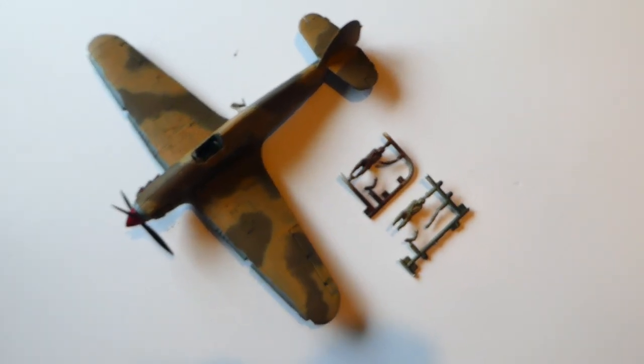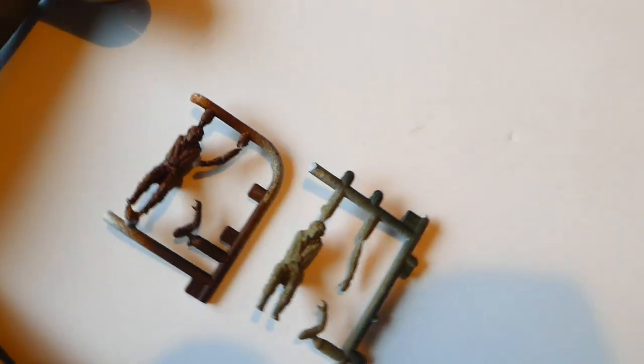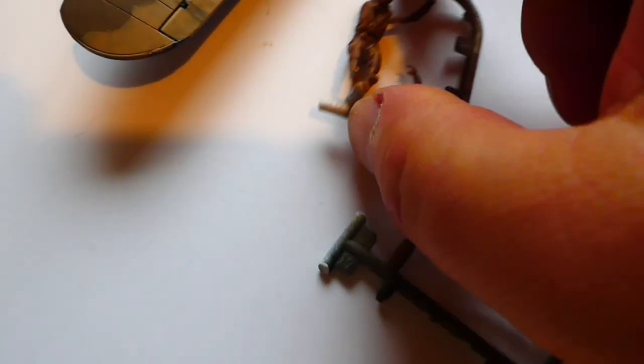Now things are coming together. There's the airplane anyway. What I was going to talk about is pilotage, and I'll put this the wrong way around given the way the light is falling. Typical. Here are two Airfix 1/48 pilots, which are blurred because the intelligent camera can't do the basic thing of